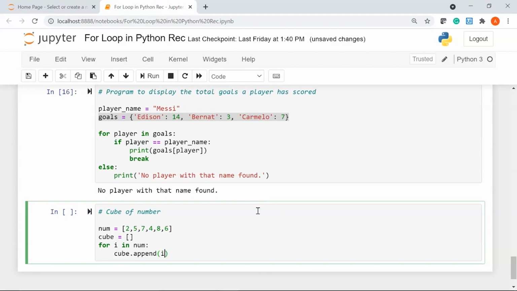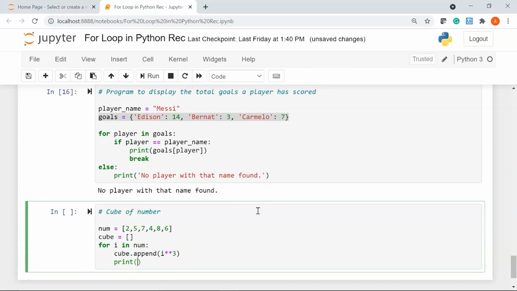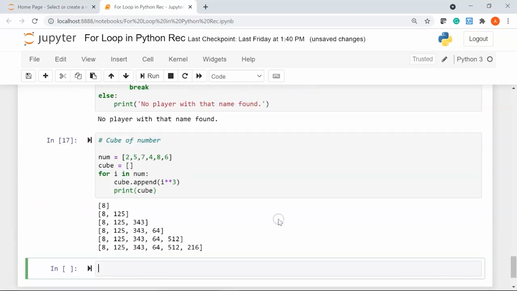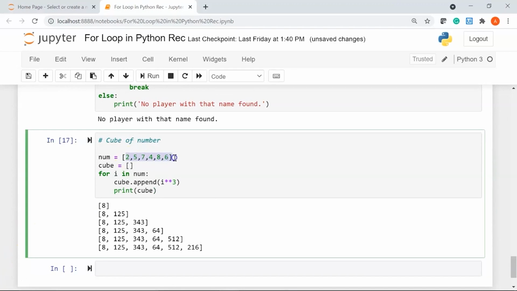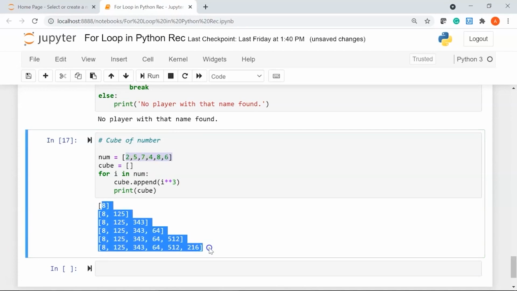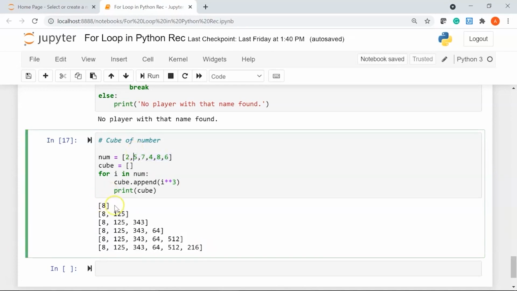So I'll use the double asterisk operator and then I'll say 3. After that we are going to print my list name, that is cube. Let's run it. There you go. So you can see here, first we have the list of the numbers, and then we have printed the cubes of these numbers in a pattern.